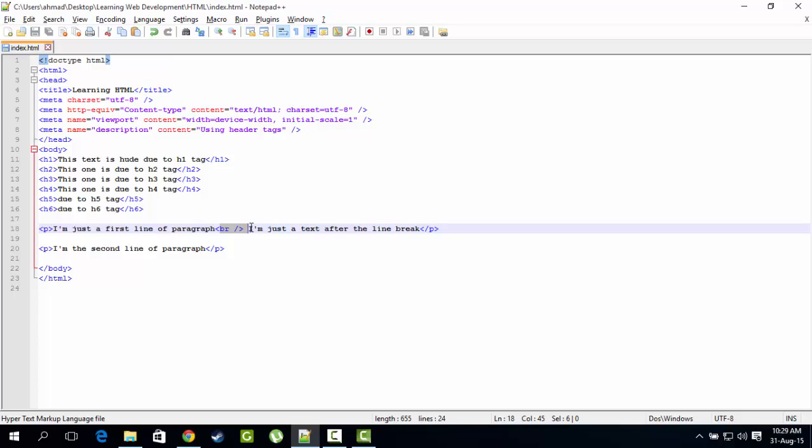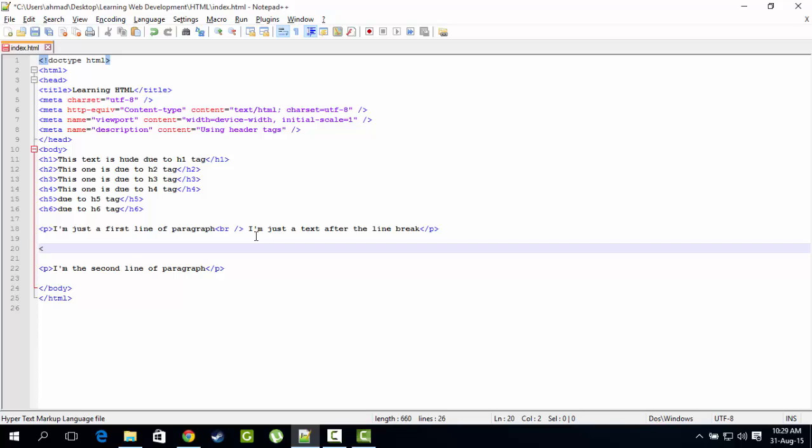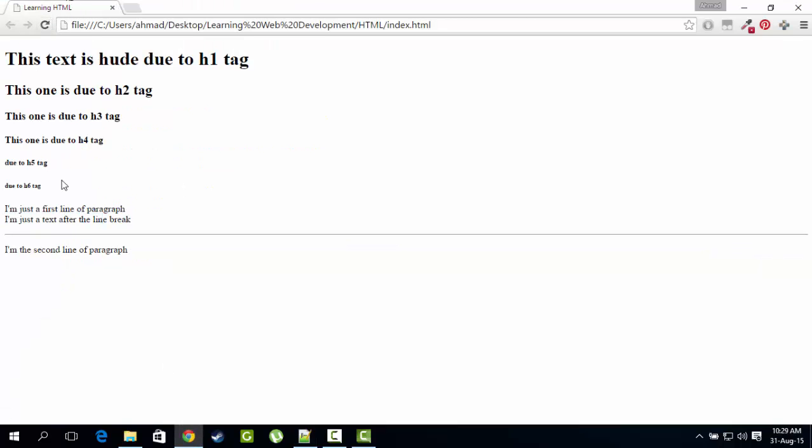Now I want to introduce another tag which is called a horizontal rule tag, and for HTML we can just write HR, but I'm gonna put a slash in it to make it a self-closing tag. What it does is give us a nice horizontal line.